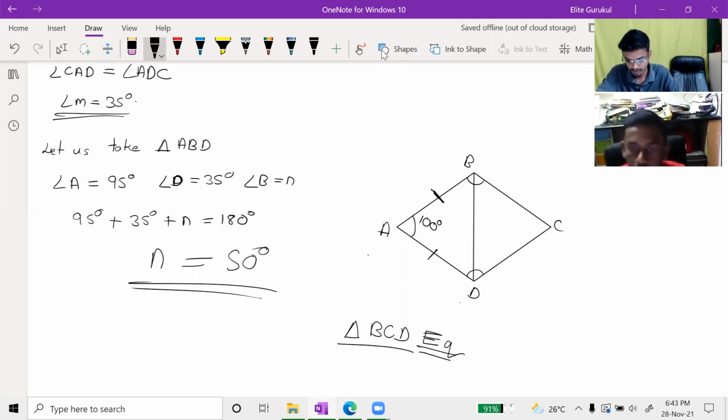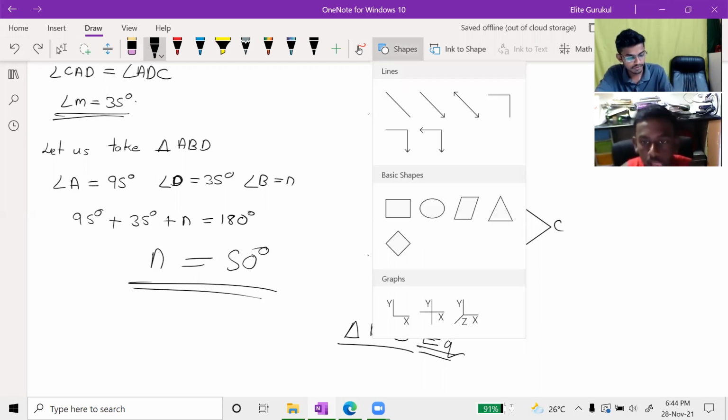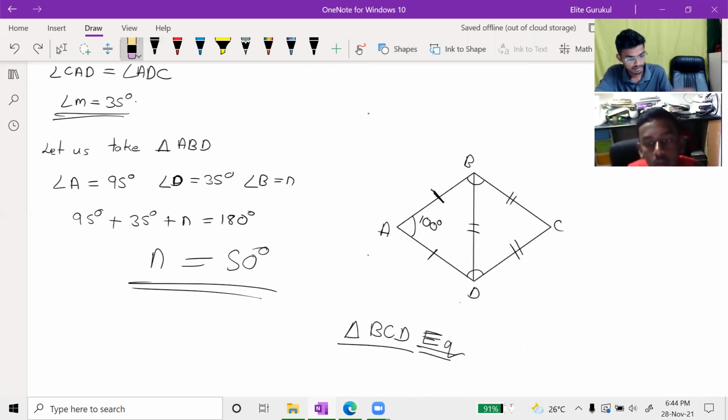If you draw two lines here, and two here, and here also two, it shows that these three lines are equal to each other. If I remove these two lines and make it only one line, now this line will be equal to these two lines. So the number of lines doesn't matter. Okay.